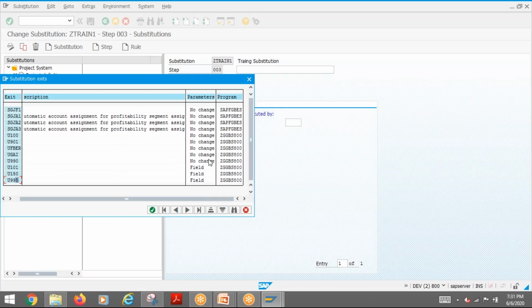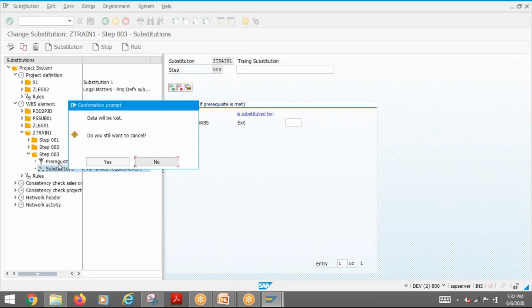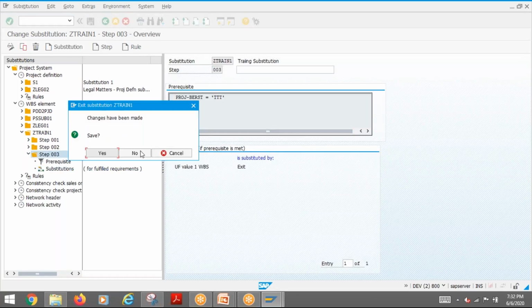It's different from our normal exit to this exit. Yes, right? It belongs to this program ZZGGB and 800. Okay, not that CNEX1, CNEX2, not that one. So that is what it creates. So that is how the validation substitution works. So you just try to use it. You have a sandbox system, so try to copy something and try to create the scenarios that you are looking for. So normally